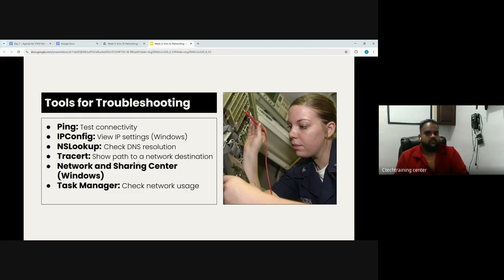Sorry. Tools for troubleshooting. We'll go over this. Ping for testing connectivity. If somebody says they cannot access the internet on their computer, the first thing you should do is walk them through opening the command prompt, finding the IP address, and try to see if you can ping them if they're in the office. If they're at home, they're connected to their VPN, then you can try pinging them. Most cases, ping will show whether you have a direct connection with the user itself.